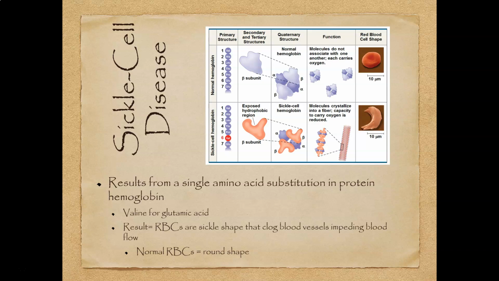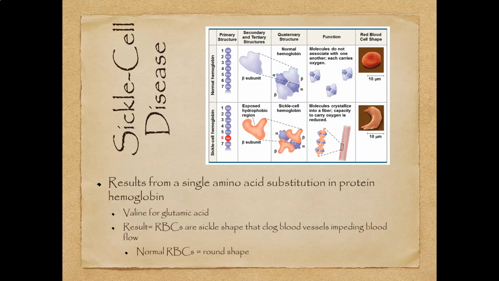So if you have a genetic mutation in your DNA, that's going to result in a change in your messenger RNA, which has the potential to change the amino acid sequence. And depending on what it does to that amino acid sequence, it will then potentially have dramatic effects on the way that those proteins fold. It's not always the case. When we get to protein synthesis later this year, we'll talk a little bit more about things like silent mutations or